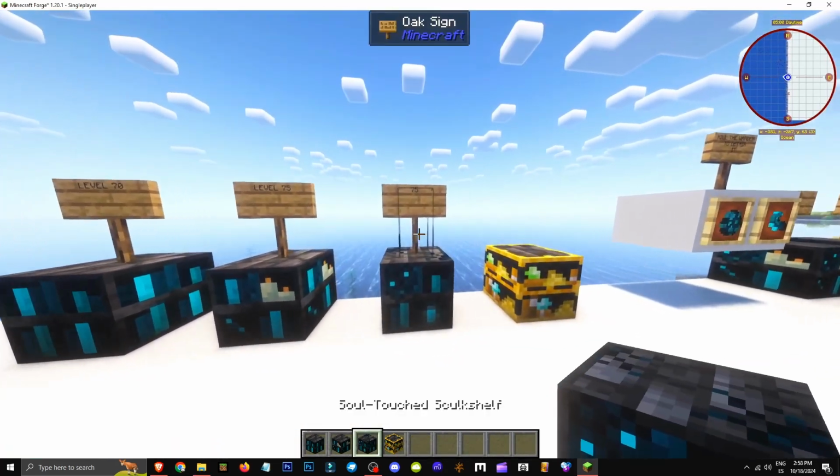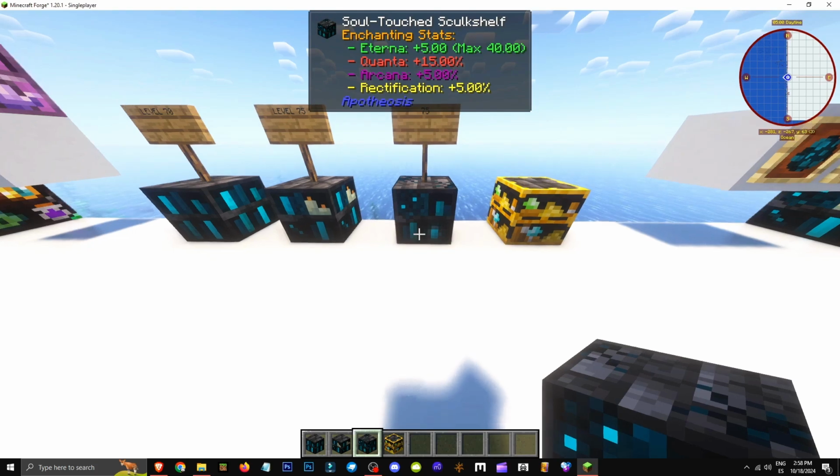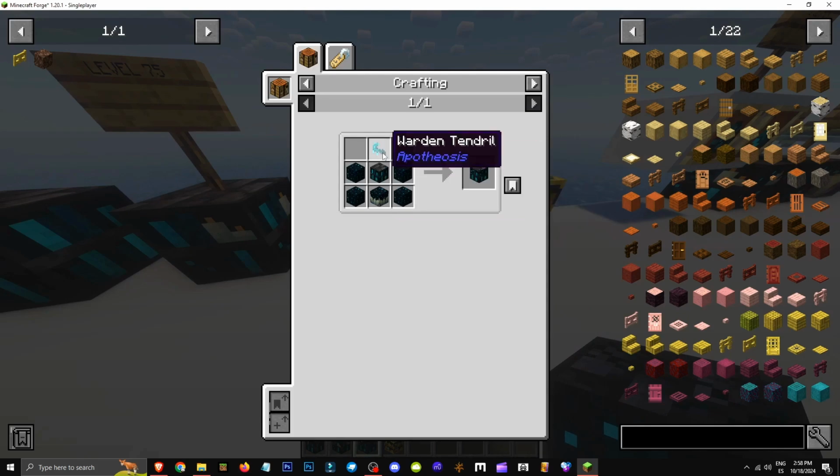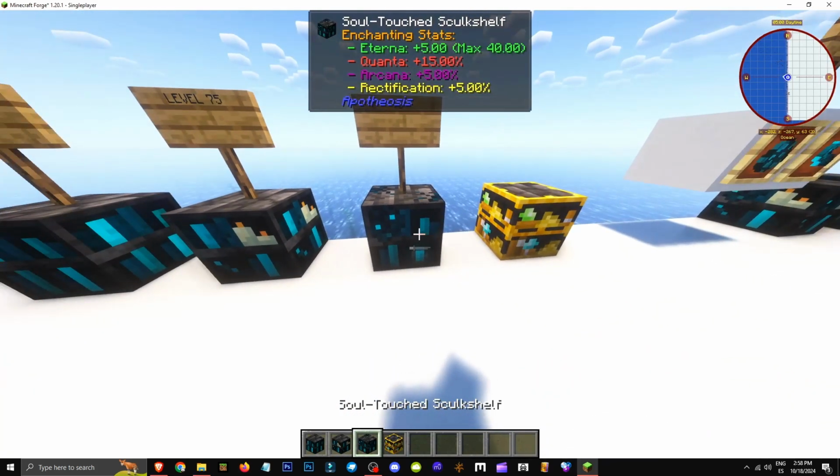enchant at level 75. Then we have this table that gives us plus 5 Eterna, plus 15% Quanta, plus 5% Arcana, and plus 5% Rectification. It's incredible. It's already becoming very, very good. It's made with a Warden Tendril and an Assault Oach Deep Shelf, which would be...